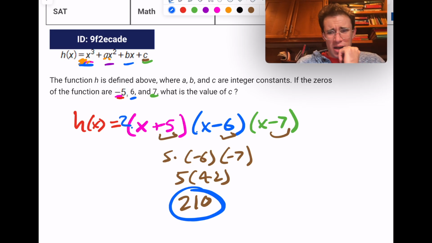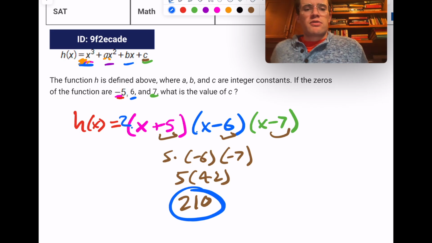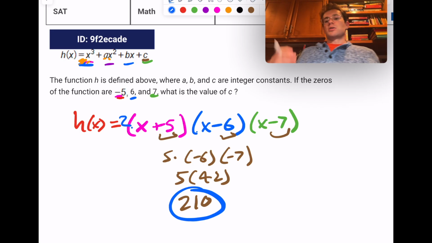I guess, I mean, it wouldn't complicate it that much. So you just multiply 210 times 2 then. But yeah, that's all you have to do because they're asking for the C term. If they're asking for the A or the B or what's A plus B plus C, then you just multiply